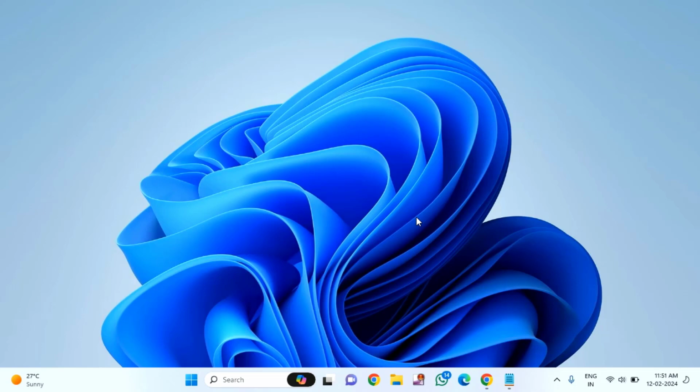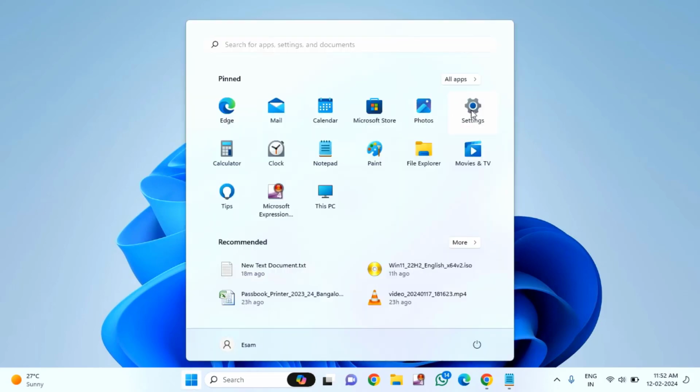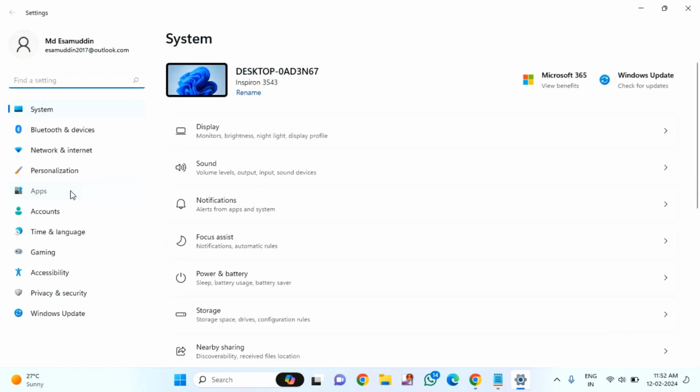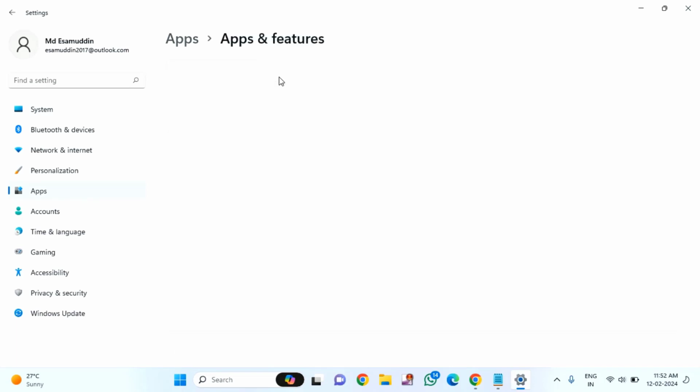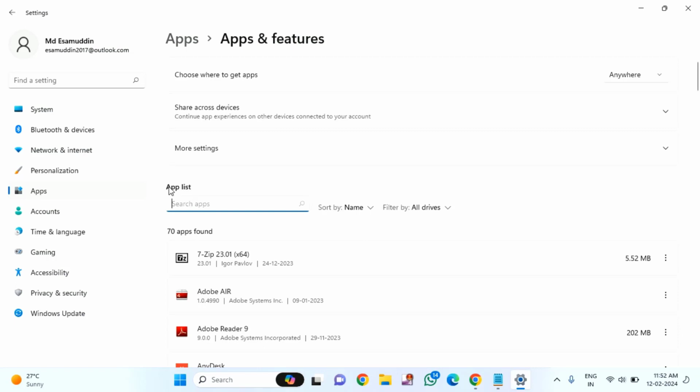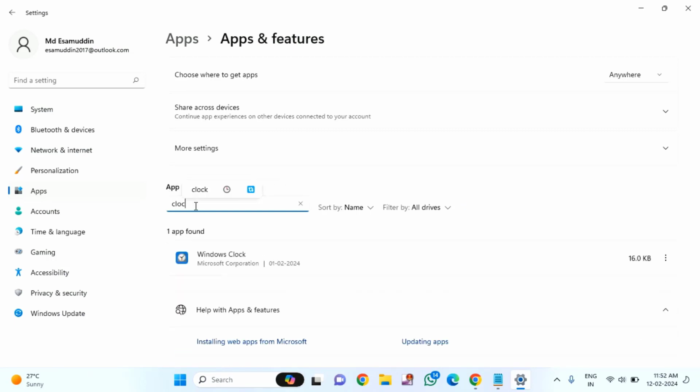Guys, if your clock app is not working on your Windows 11, then I will show you how to fix this issue. First of all, you have to just click on the start menu, then click on settings, click on the apps, then you will find here app features, click on this. Here you will find this app list. In this you have to find clock. Here you will find Windows clock. Just click on this three dot, click on advanced option,